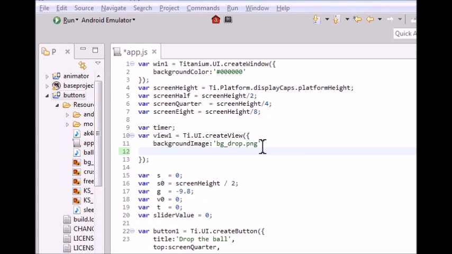Hi there, today we're going to create a minimal application for Android phones. And we're going to do it with a framework called Titanium from Appcelerator. So you just need to fire up your Titanium Studio and then